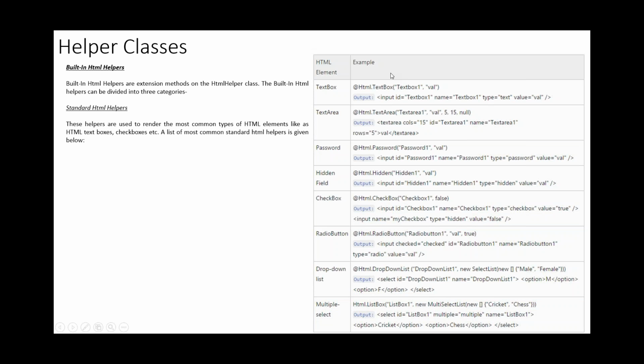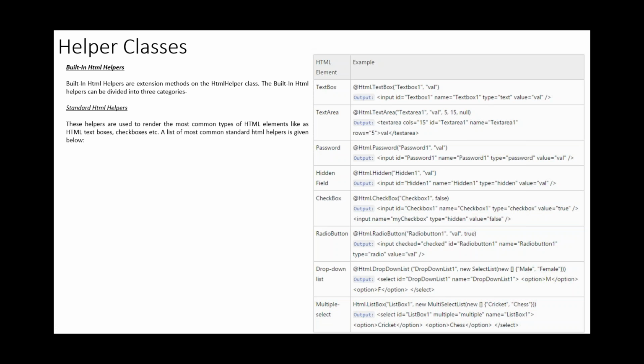These HTML helpers are very useful to render HTML controls on your page. Support for HTML5 in MVC is there. To render a text box you can use at the rate Html.TextBox. Like your server controls, here HTML helpers are there, and these are very fast in rendering. In Html.TextBox, the first parameter is the ID of the text box, and the second is the default value you want to assign.